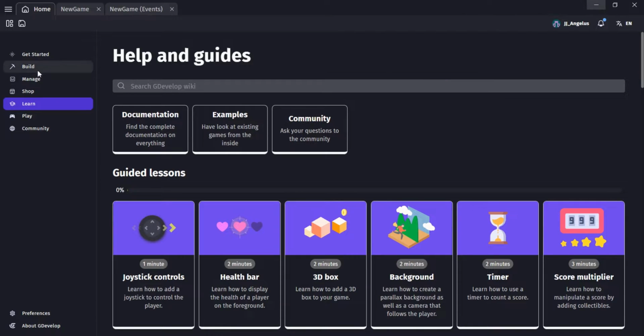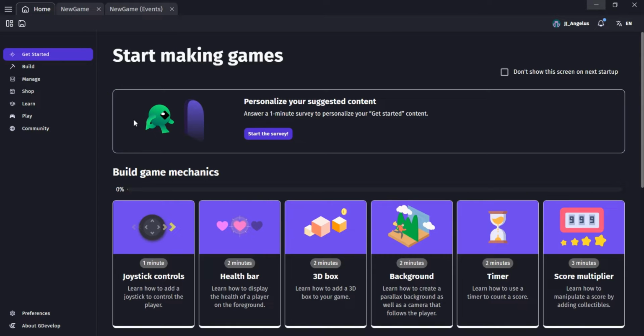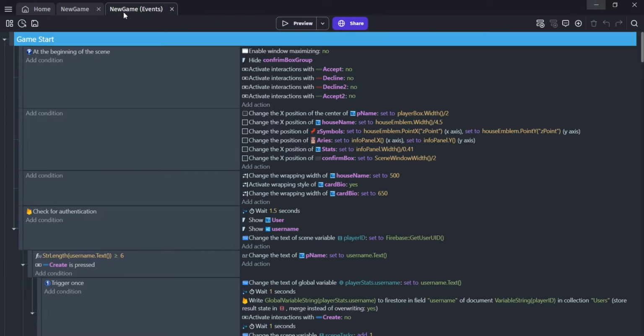Today, we are going to see how I use the write and retrieve actions for Firebase in GDevelop, and I am going to give you a visual example of it in action using a game in development I was working on earlier. This tutorial is not recommended for beginners or people who don't know anything about variables in their game